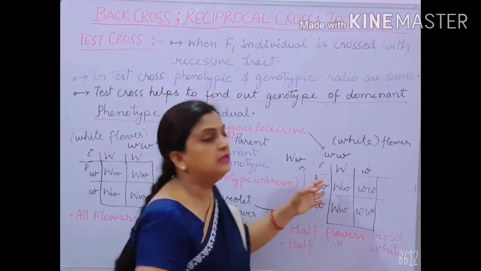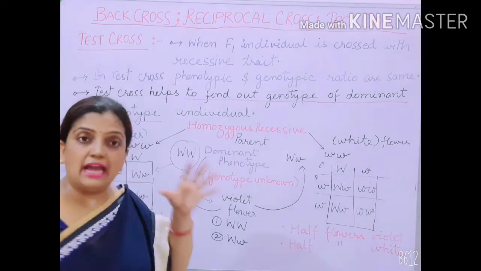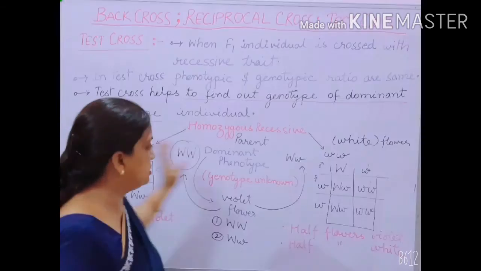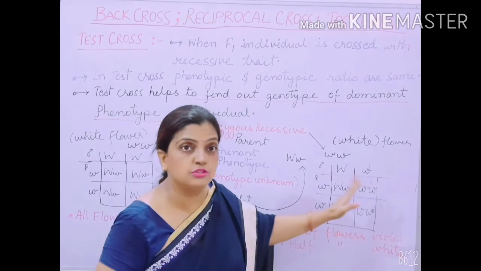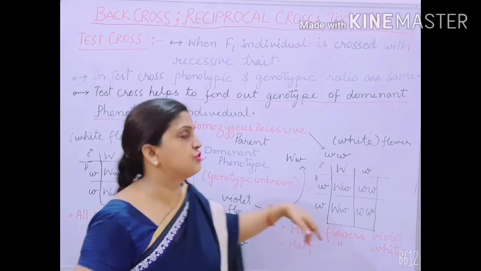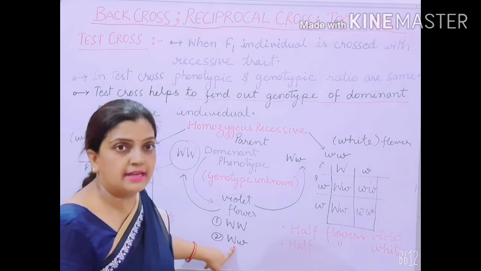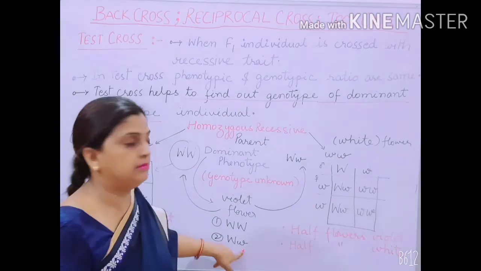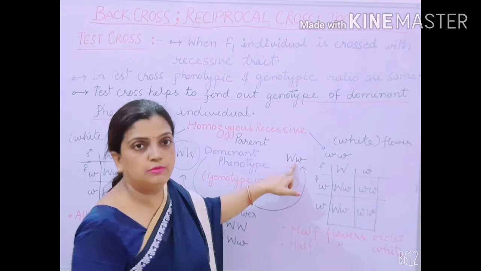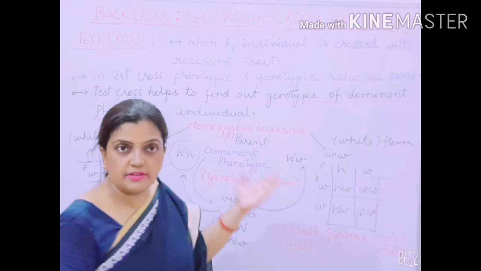Now if I am moving to the other side to know the actual test cross, I am not talking about this, I am talking about this now. This is very important to know. This is the actual test cross over here. Now what is the second type? It is heterozygous, that is capital W and small w. Capital W and small w is the F1 progeny generation.